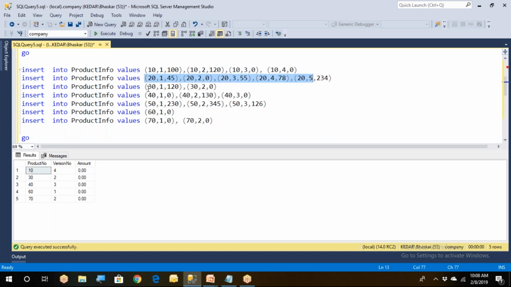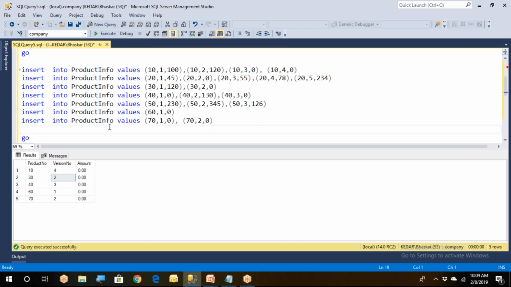30, highest number is 3, highest number is 2, and that is there, right? For the, it is giving you 40, the highest number is 3, 0. For 60, highest number is only 1, that you should be able to get it. So for the 70, the highest number is this, that you're able to get. So whatever you have it, that you should be able to get it, is the highest numbers, and it is